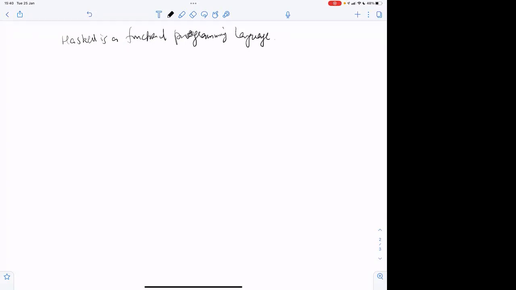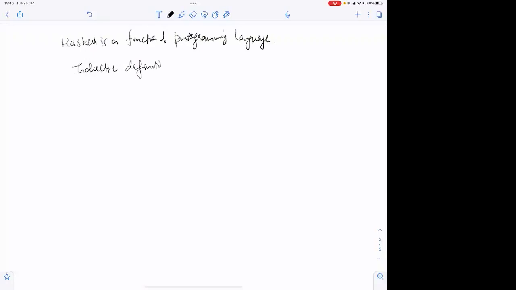So you write an inductive definition of things, and it's also declarative. So you declare what you want to compute, and not how you compute it.